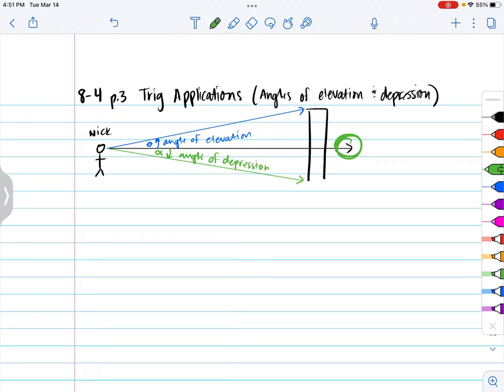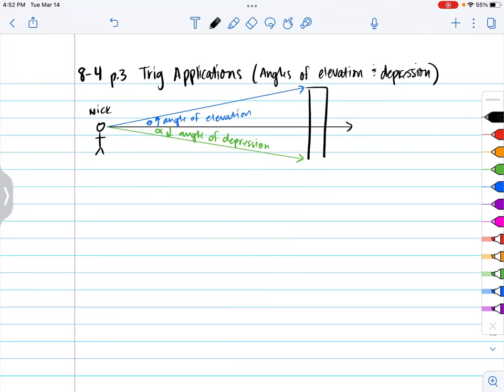And this is, like I said, the line of sight. It's from this original line of sight. That's how you create these angles of elevation and depression. So that is ultimately the key to all of these problems. Okay. And from there, you could actually calculate a lot of different things, whether it's the height of this building, whether it is how far the building is to the top from you to the top of the building, how far you are from the distance to the building, etc., etc. So let's take a look at an